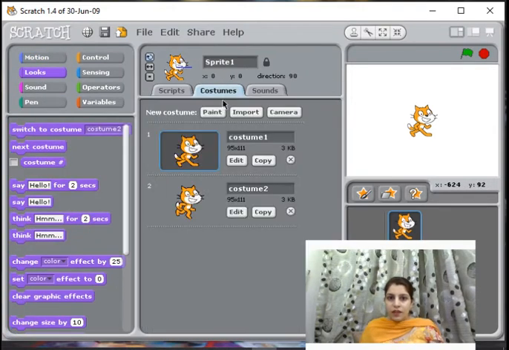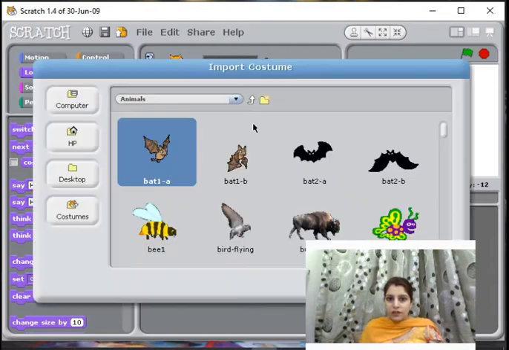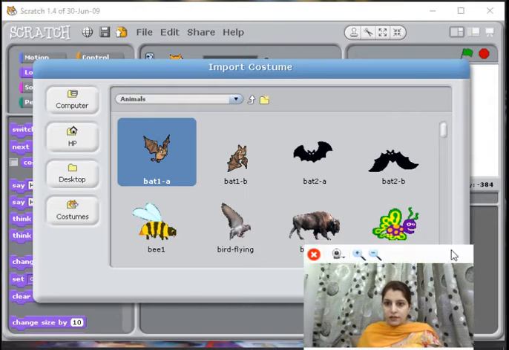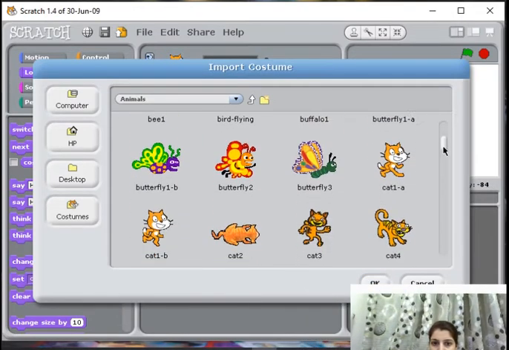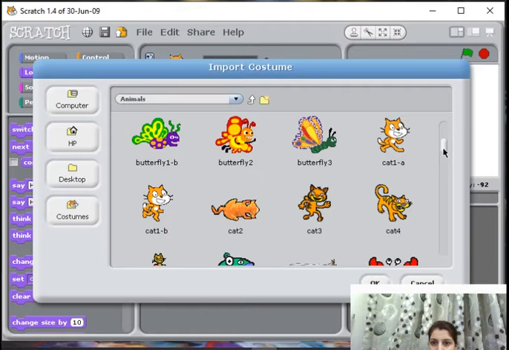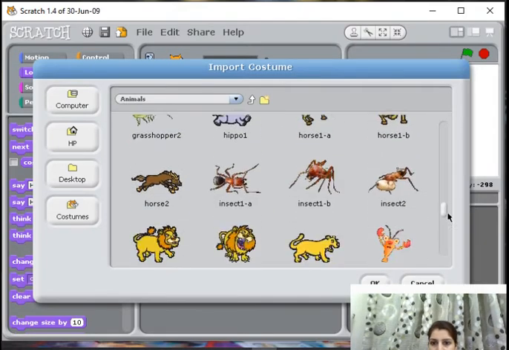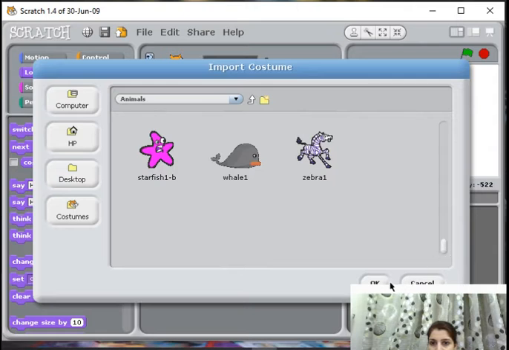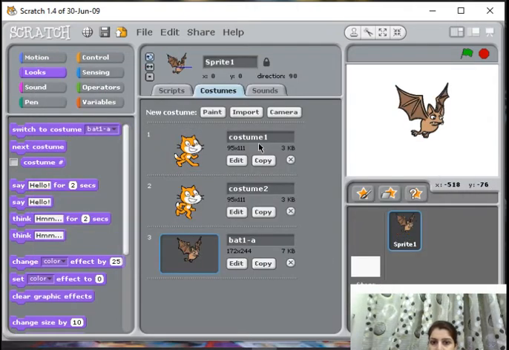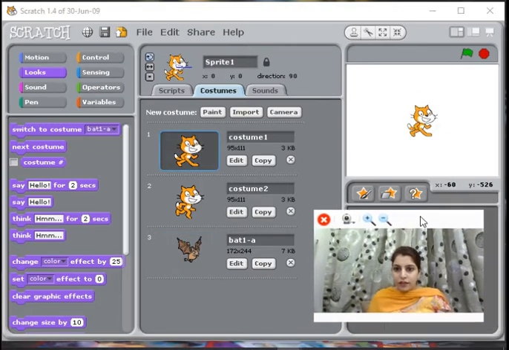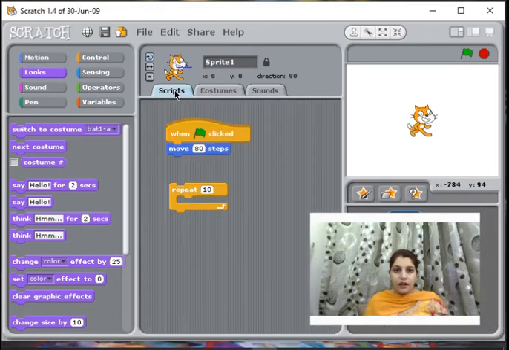So let's take costumes for the cat, cat A, cat B. It's already there, costume 1 and costume 2. So I will be taking the sprite by default as cat. Now under the script, move 80 steps, then say hello, then